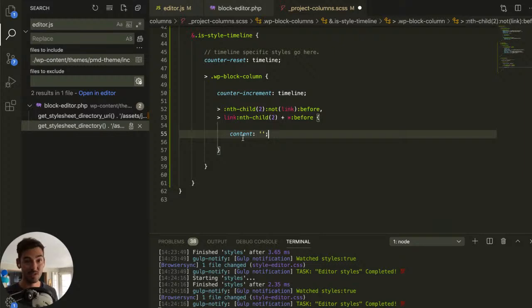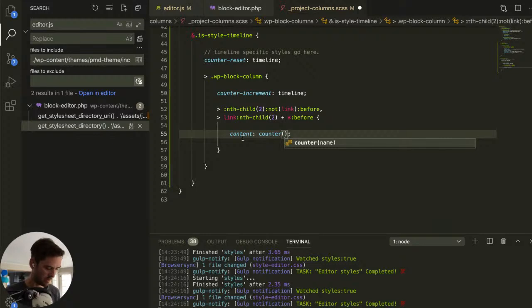You can even put SVGs directly in here, not even a link to an SVG, an actual SVG, as long as it's encoded properly. So I use this kind of technique all the time to provide graphical elements without having to add background images and things like that. Really, really useful. But this time we want to use our counter,